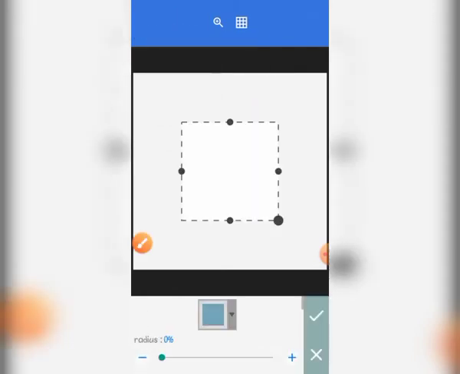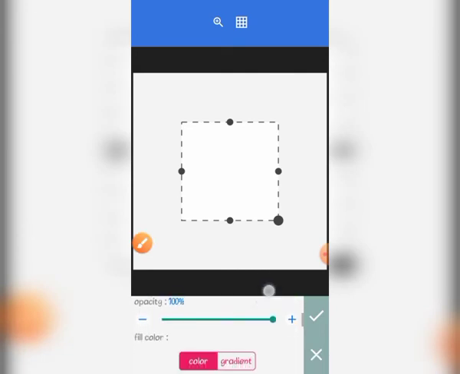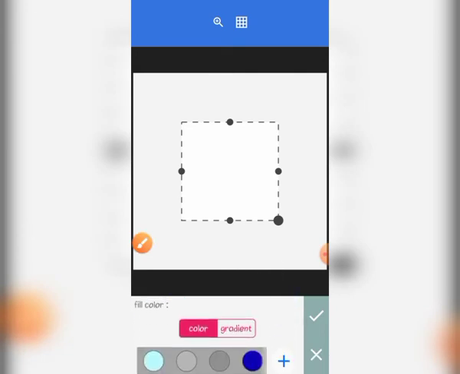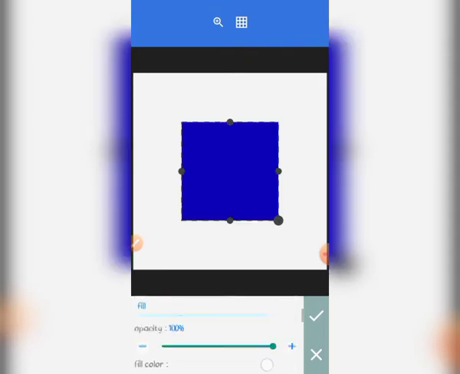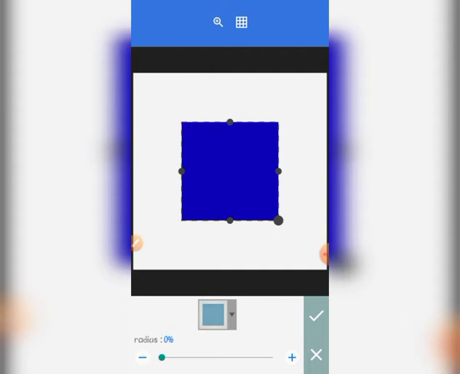So when I tap on the shape button, automatically what will come out here is a square shape. This is a square shape. The color is white, and the background is white. That is why you cannot see the shape. So if I change the color to something like this, you can see the default shape here is a rectangle, a square. So in case you want to use a square for your own, no problem. If that's what your design requests for, no problem. But for this, if you want to use a circle,